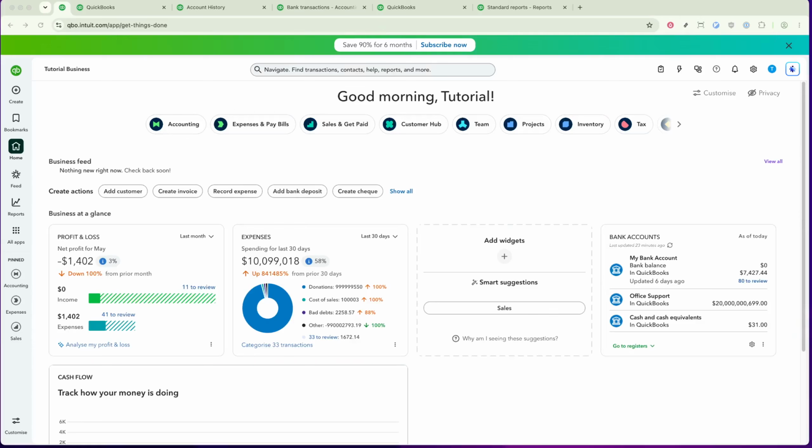In today's video, I'm going to teach you how to record depreciation in QuickBooks Online. Managing your finances efficiently is critical for any business, and depreciation is an essential part of that process. It helps you account for the gradual loss of value in your assets over time. QuickBooks Online makes it easy to track depreciation with a few simple steps, ensuring your books stay accurate and up